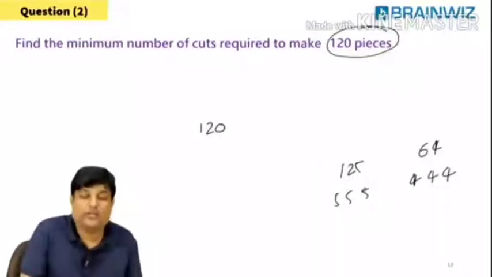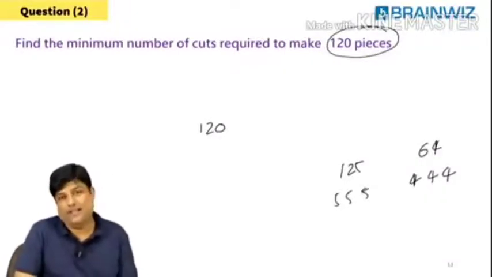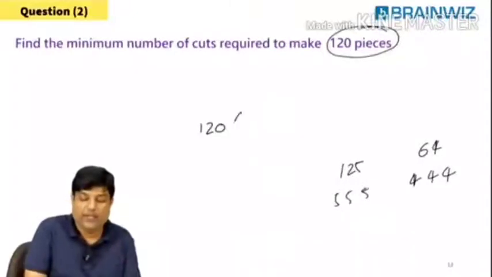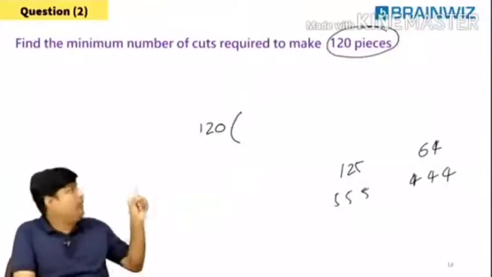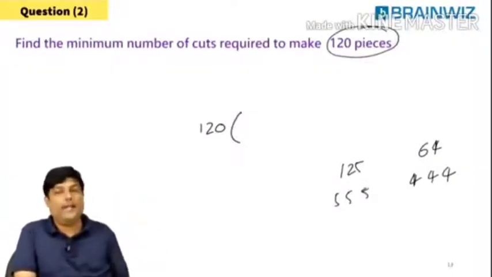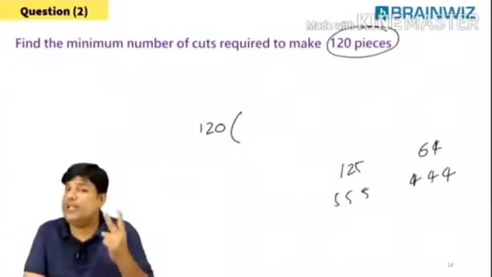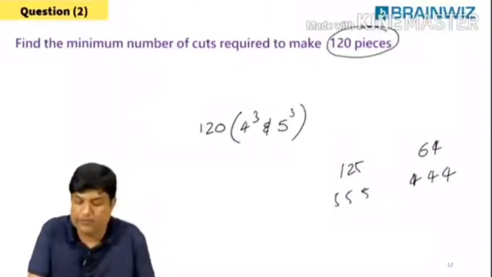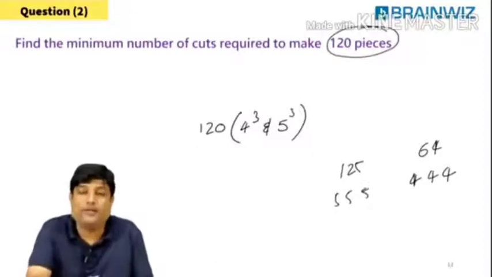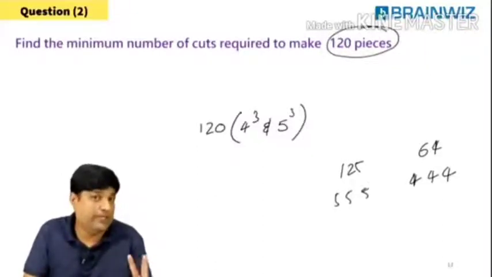If a perfect cube is not given, what shall we do? Listen, everybody. 120 is not a perfect cube. I know it, you know it, 120 also knows it. Okay? But what we have to do is, 120 lies between two perfect cubes, 4 cube and 5 cube. One is 4 cube and one is 5 cube.